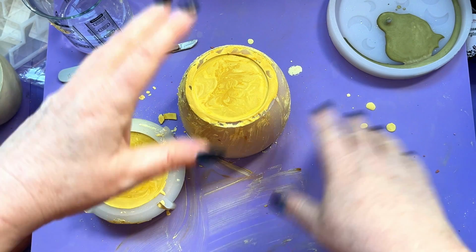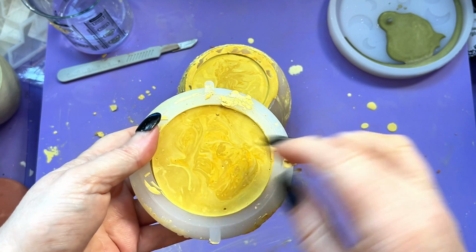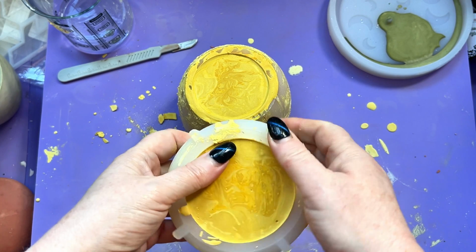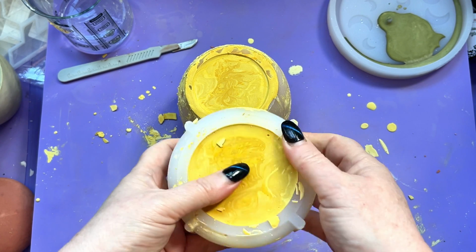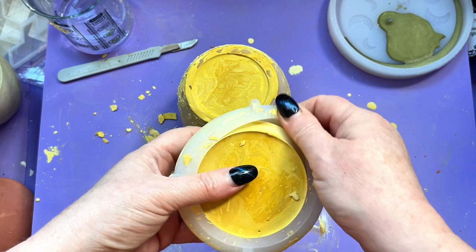As you can see, I made a right old mess doing this one. I also accidentally created a sort of weird twirly effect in the bottom, and that was because I had to mix up a bit more, and I made a right mess of it. Anyway,